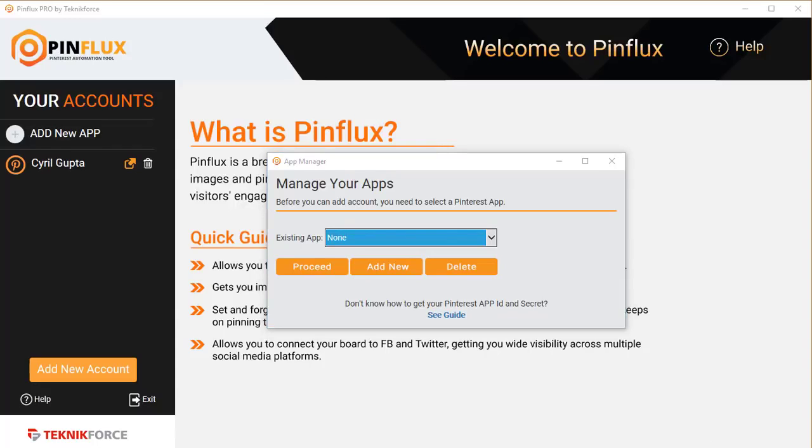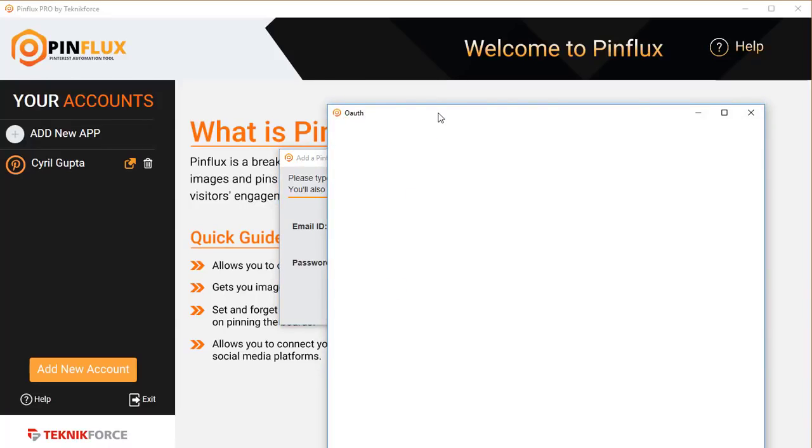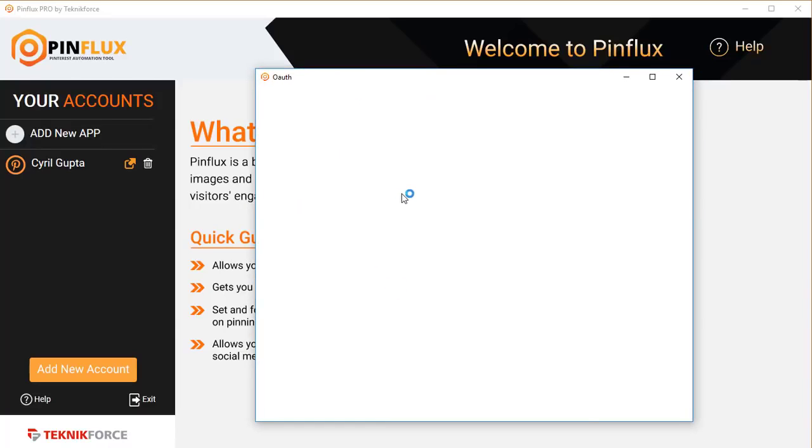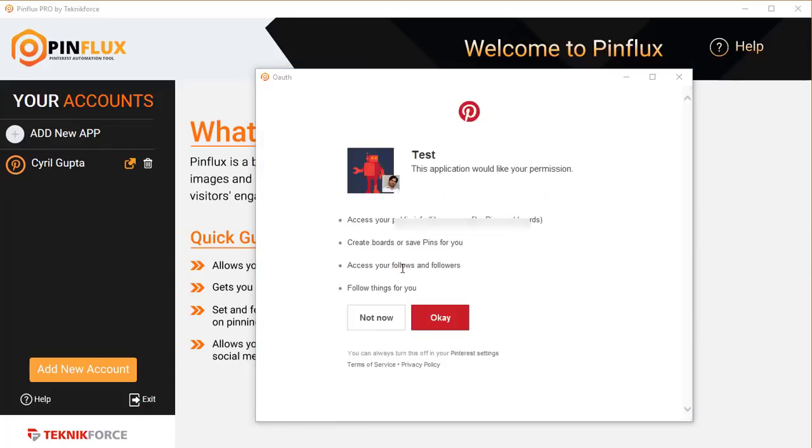So I'm going to quickly create an app and get back. So after I add my app, I can select it, and now I can add any Pinterest account to Pinflux by putting in the email ID and the password. So after putting your email ID and password, click on add account. You'll be taken to Pinterest authorization. Put in your email and password again. Log in. Allow your app,